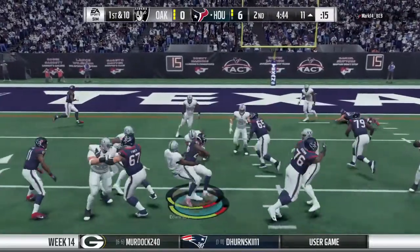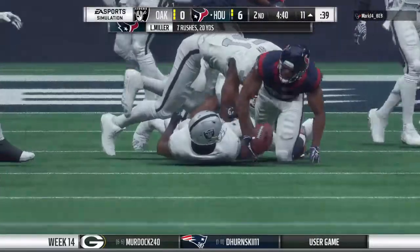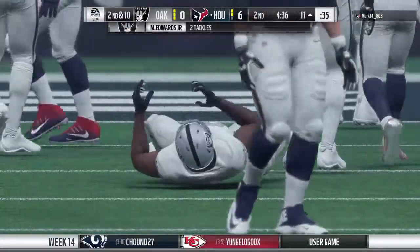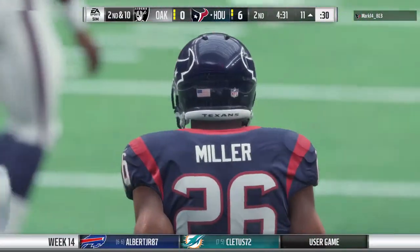They'll run it now out of the gun. Trying to find a lane, but instead he'll get back to the line of scrimmage and no more. No gain on the play. It'll be 2nd down. In a 3-4 defense there and against the run, a lot of responsibility can fall on